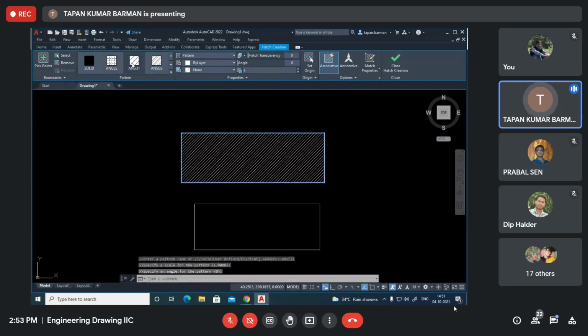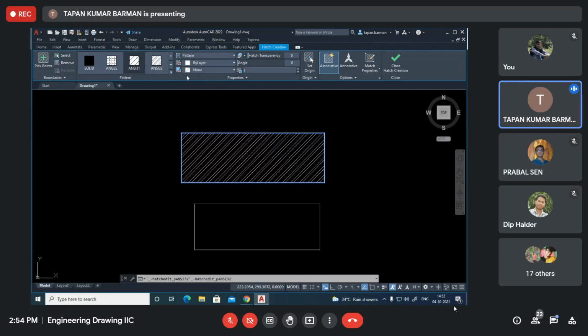If I take this ANSI 31, you see these hatch lines are basically drawn at an angle. That angle is 45 degrees. Now you see the spacing between the lines can be modified.